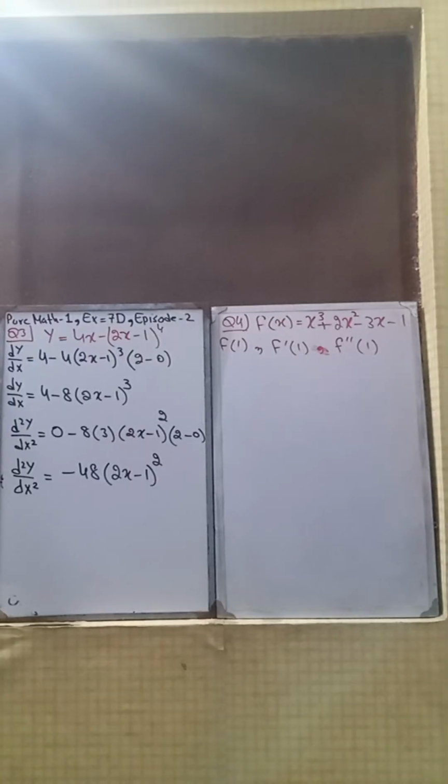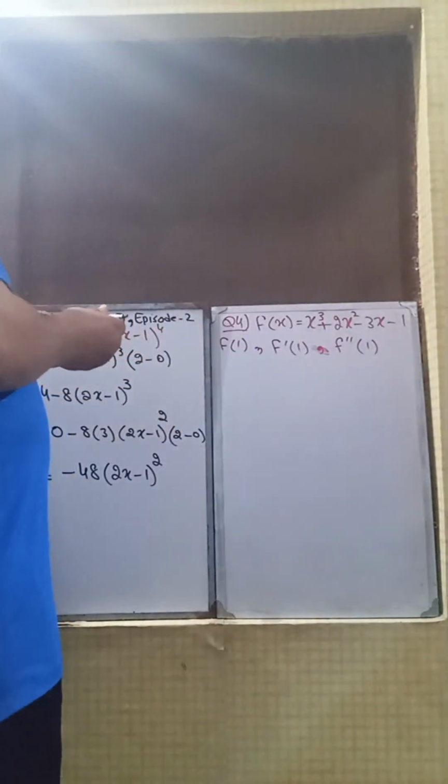The first one is very simple. They have given us the function, and they want us to find the value when x is 1. No derivation. Simply, in that function, in the place of x you have to put 1. There are 3 parts of this question. So f of 1 will be